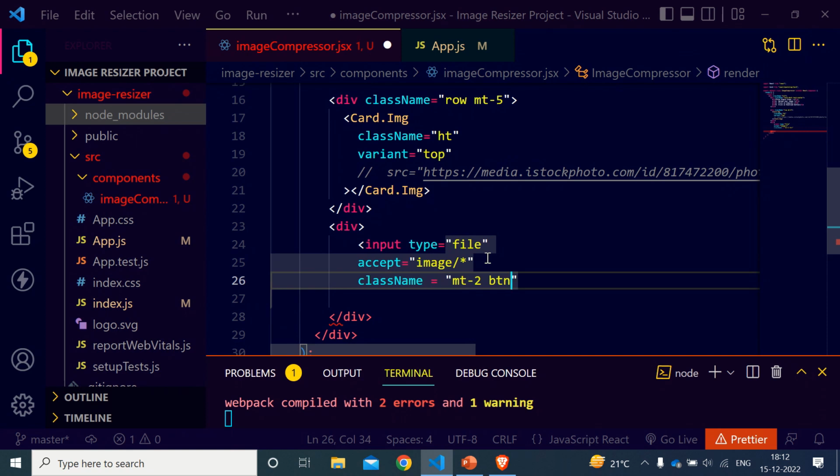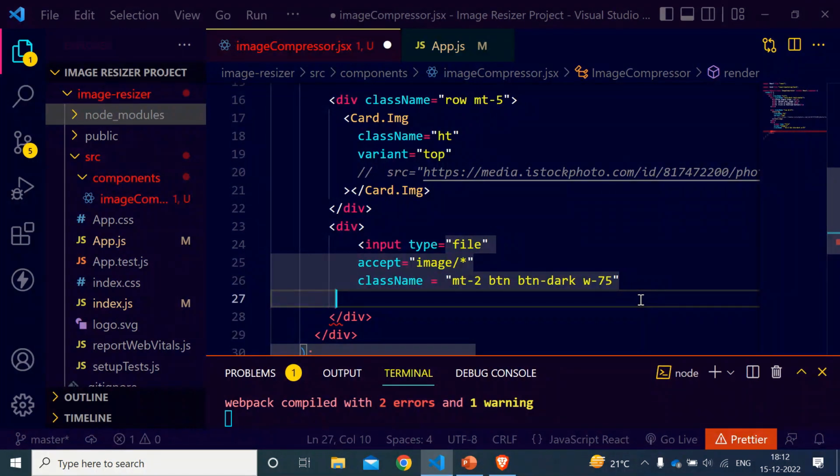It will also give a button styling, because there will be a button, click to upload. And dark, and we'll give a width as 75. So this is done, and we'll also make a method here that, the moment we upload, there is